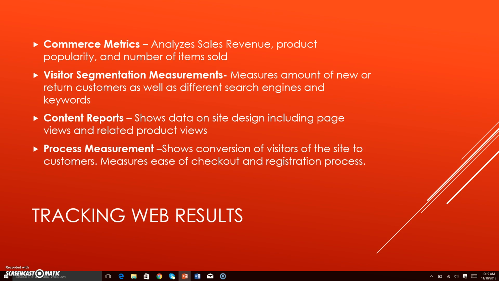A third measurement is content reports, and those basically show data on the different pages and products you have. It can be anything from how many times a customer viewed a product, what products they viewed after viewing a certain product, and just how long they stayed on the page, the conversion, sell rate, and different things pertaining to individual products